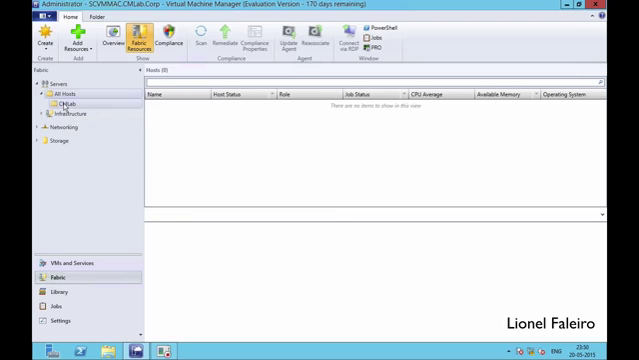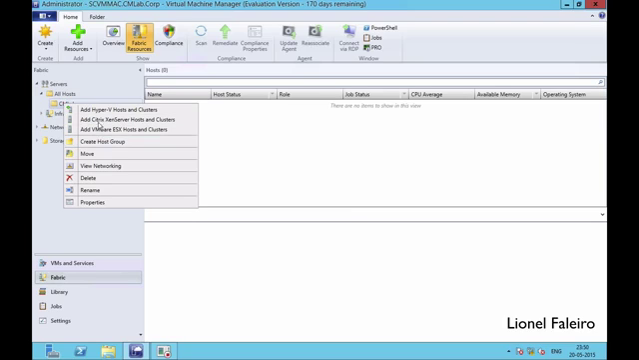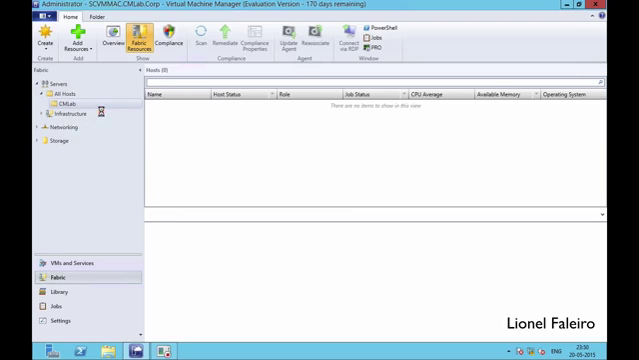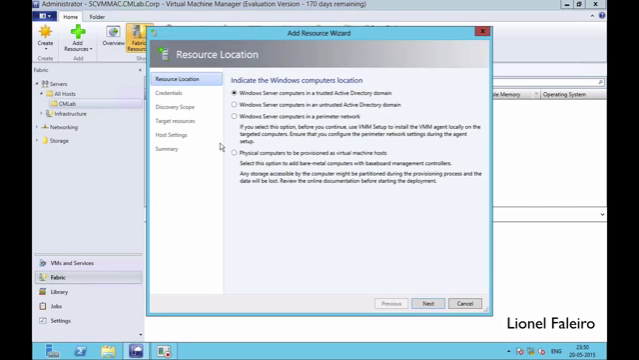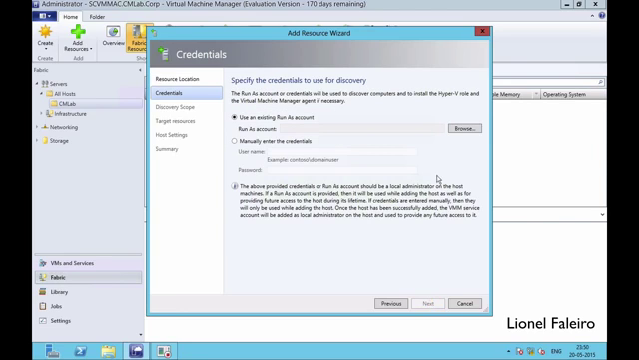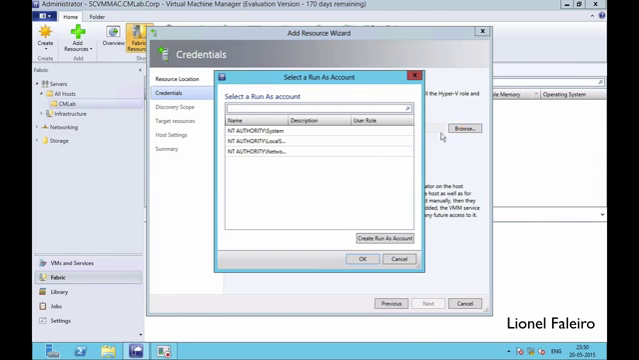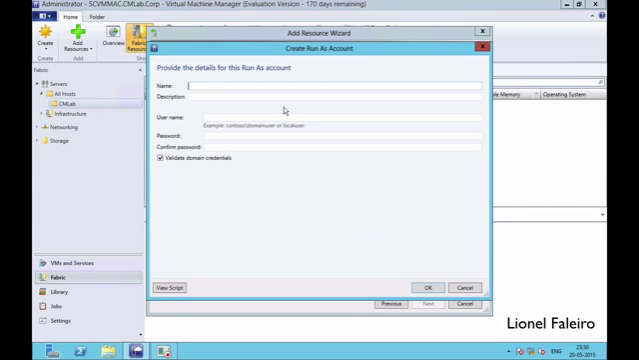So let's say to my current CM Lab group, I will add my Hyper-V hosts. I'm using a Windows Server computer in my Active Directory. If I click on browse, there will be no Run As account. So for the first time I need to click create Run As account and give information about it. Let's say I'm giving it the name VM Administrator. Username is my